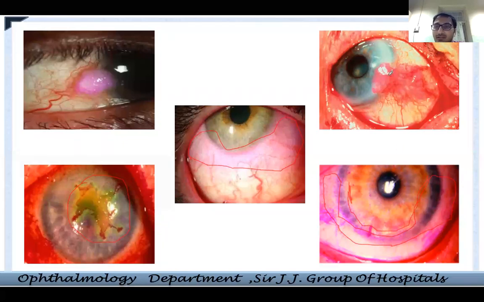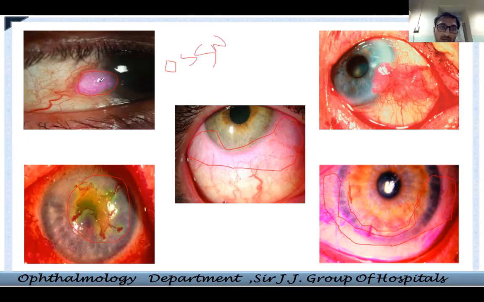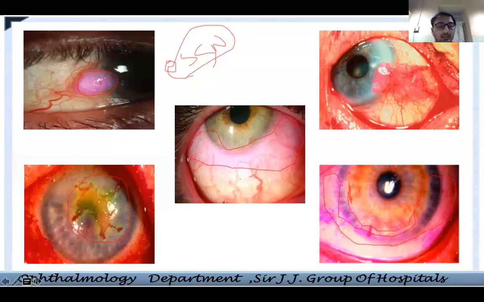This is just staining a pterygium, and this raspberry-looking part is nothing but an OSSN, ocular surface squamous neoplasia. OSSN characteristically produces keratin over the surface, and keratin is very well stained with your rose bengal. It's the most commonly used stain to stain your keratin. So for your ocular tumor, especially OSSN, rose bengal is the stain of choice at present.